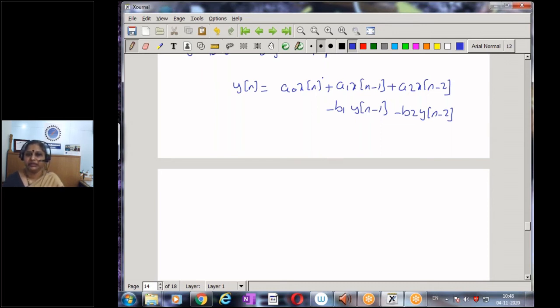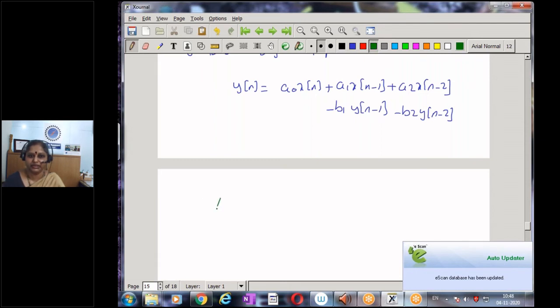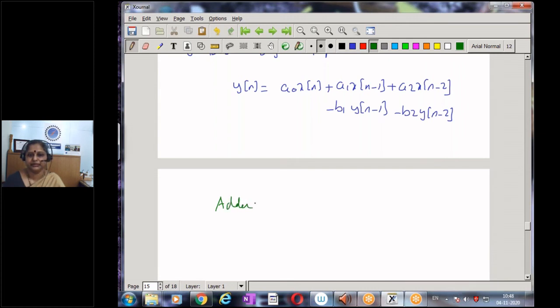And if I look at attempting to implement this in a physical hardware system, what are the modules I require? We have definitely adders. So these are the blocks which are required. One is going to be an adder. Of course, an adder can also do a subtraction. Then we need a multiplier, because I have x[n], and I need to multiply it with the gain. So I need to be able to multiply with a0, a1, a2, etc.